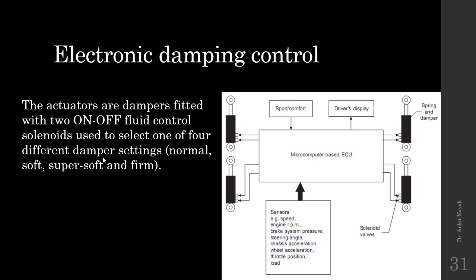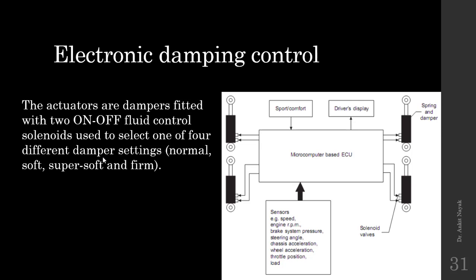These settings are basically associated with the fluid pressure inside the damper, or another parameter associated with these settings is the viscosity of the fluid filled inside the dampers of your vehicle. So we have to either change the pressure, or we have to change the viscosity